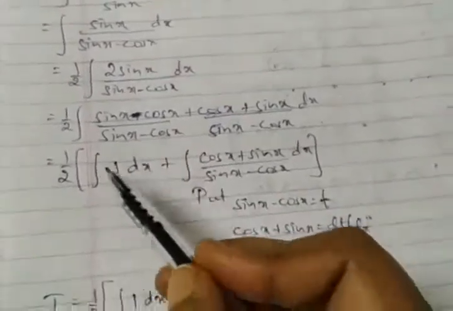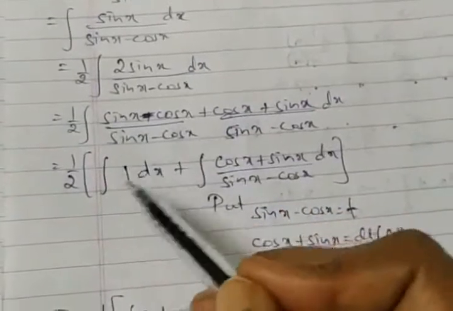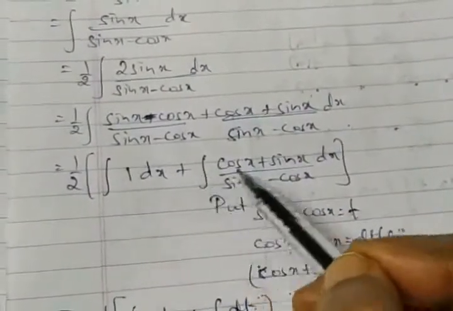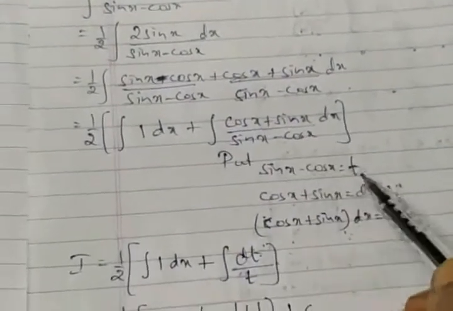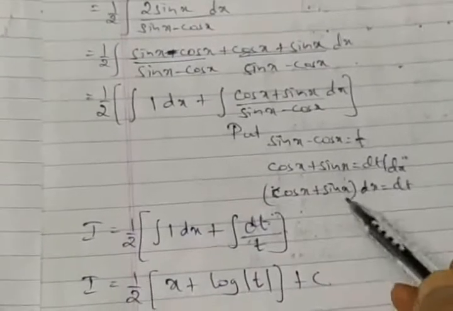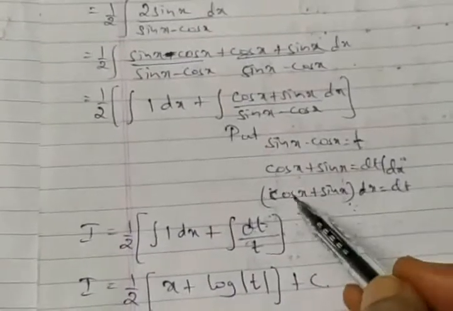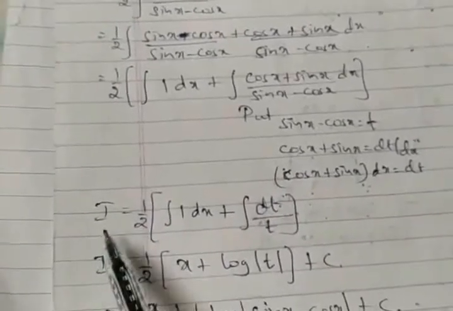And in the next step, I find here 1 by 2, take a bracket, the term gets eliminated, integration of 1 with respect to x. In the second part we have the integration of the terms kept as it is. Put denominator equal to t, everything gets simplified for dt, everything is balanced here. Minus does not make a difference here. All the terms are getting balanced with the plus sign only. So please check out the steps.